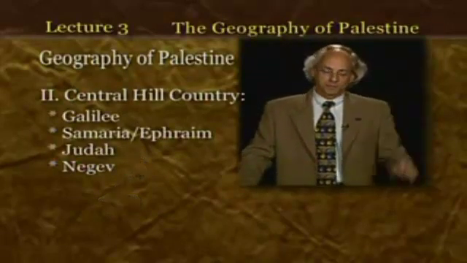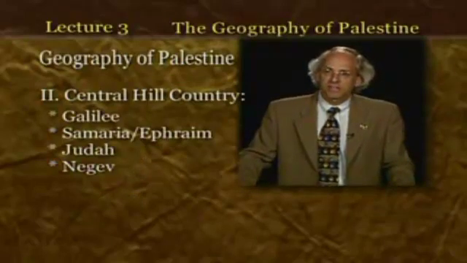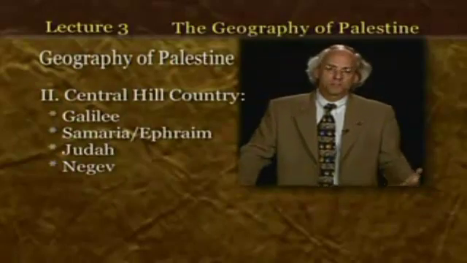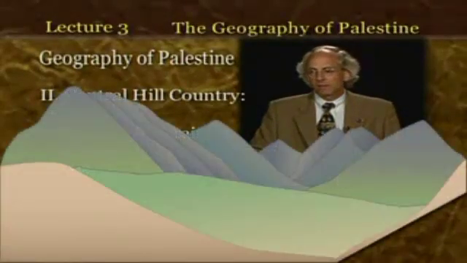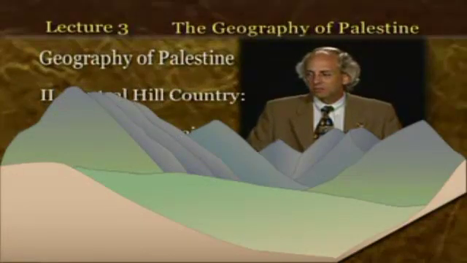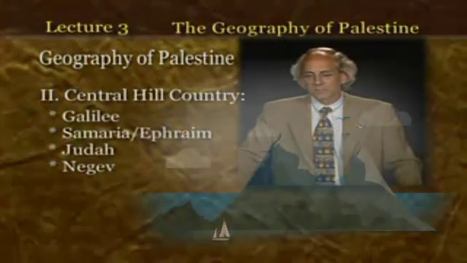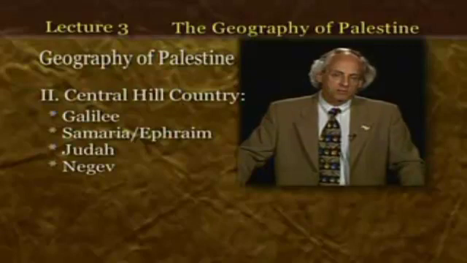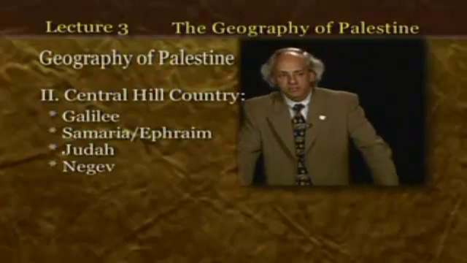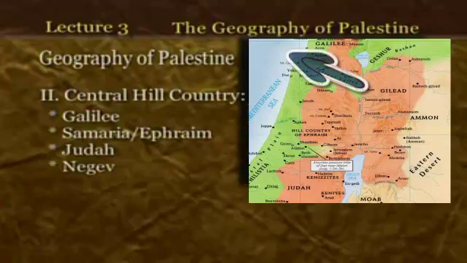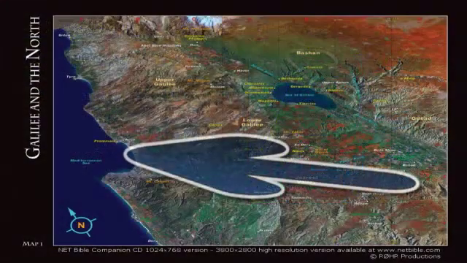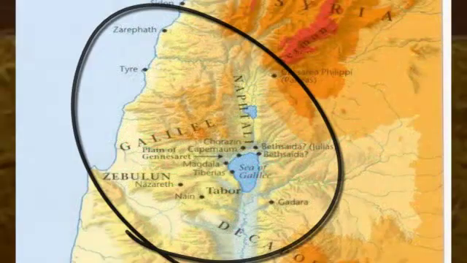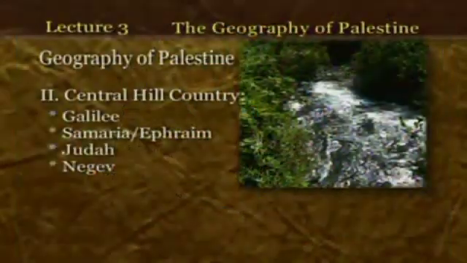Going back up north in the central hill country, we're talking about Galilee at this point. There's some beautiful, wonderful land up there, and beautiful scenery. It's something today of a vacation spot, the Sea of Galilee and some of those hill country areas. It's wonderful, rich agricultural land. There is the Valley of Jezreel that cuts east and west and gives passageway into this hill country, and has played a major role in the literature of the Hebrew Bible.